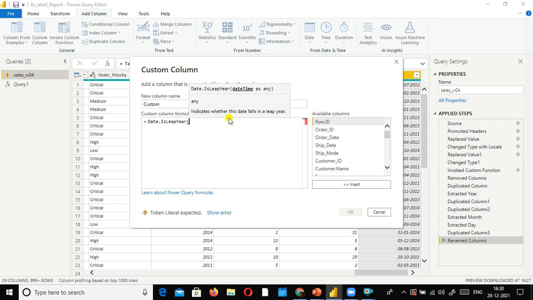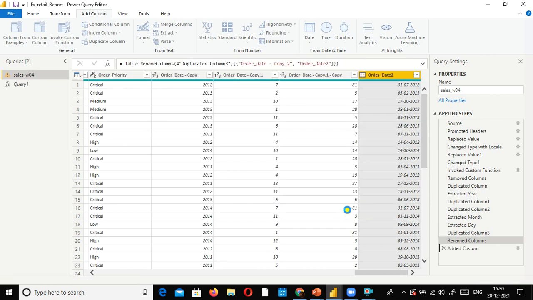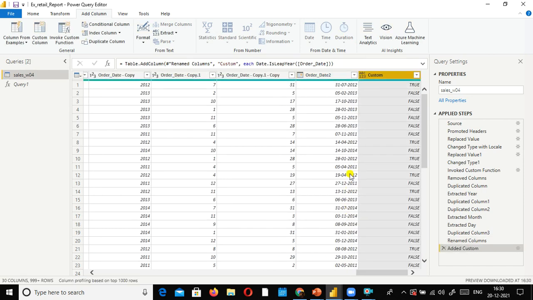Okay, this is a function. And what we do is order date, and then I'm going to use this one, and then I just create it here. Yeah, now it is working fine. I did not specify parenthesis. So this is M language, right? I just type this one, date is leap year.